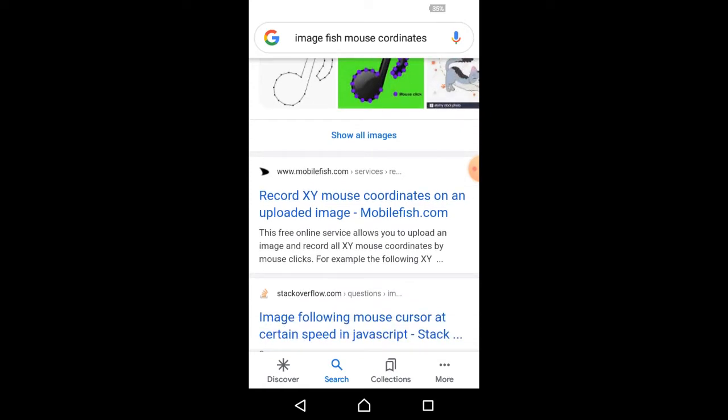After that, you can see the first website, that is record XY mouse coordinates on an uploaded image. You have to open this website.